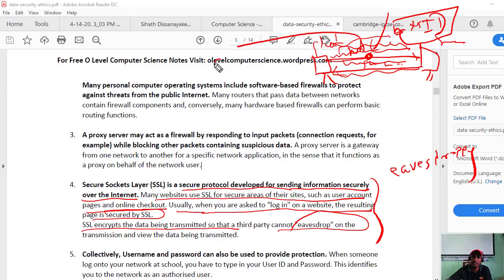It will pick it up and use it for malicious activity. So these are very important points; you have to know them.